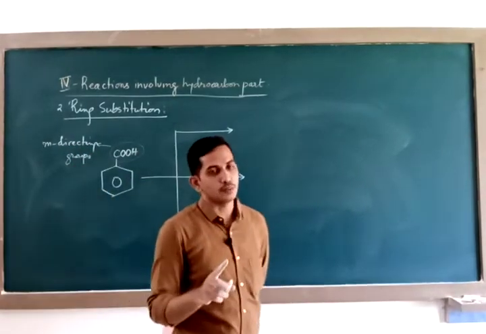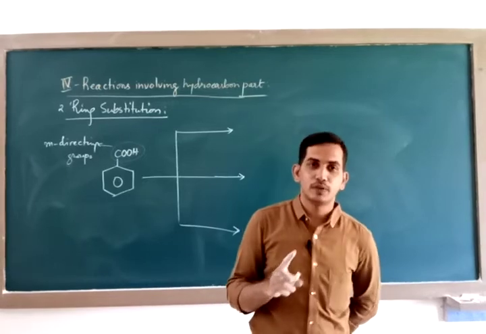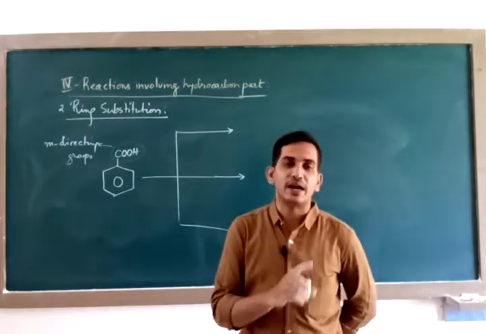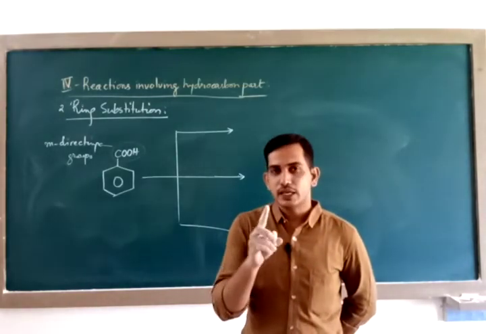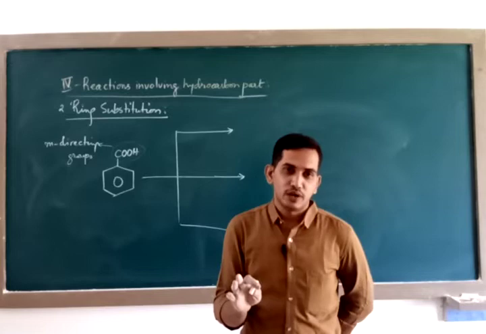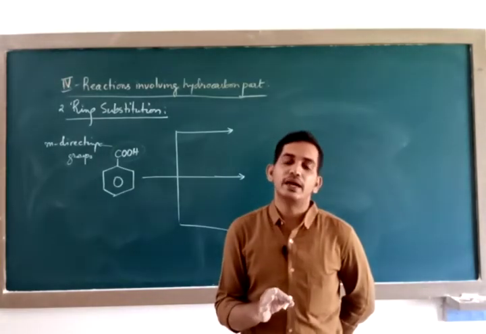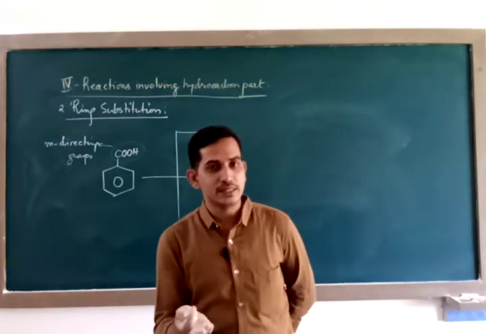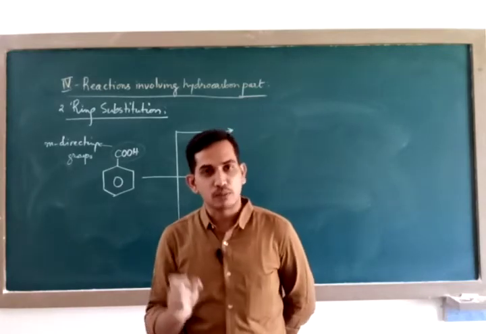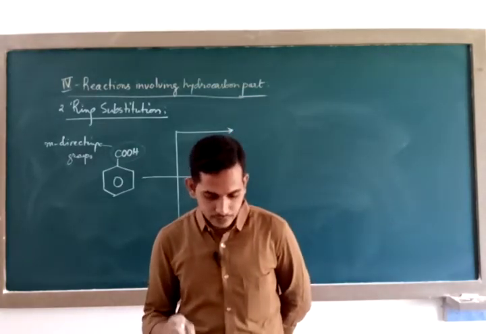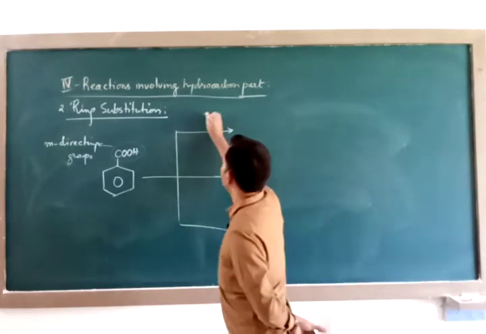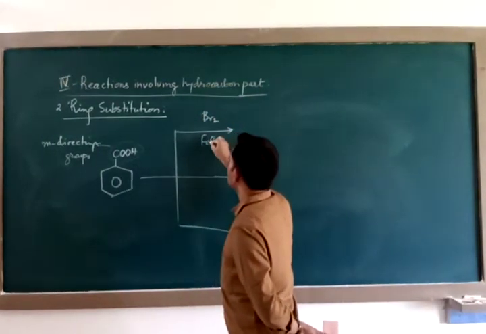Benzaldehyde was a meta-directing group. Then acetophenone was also a meta-directing group. Phenol, if subjected to electrophilic substitution reaction, is an ortho and para-directing group. Aniline contains benzene with NH2. NH2 does not contain any double bond or triple bond in it, therefore it is also an ortho para directing group. Any haloarene like chlorobenzene is also ortho and para directing. Likewise, here benzoic acid contains carboxyl group. That carboxyl group is a meta directing group.